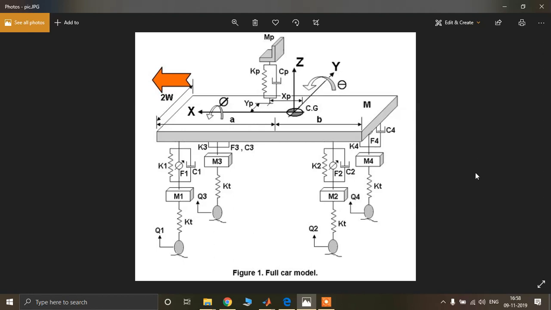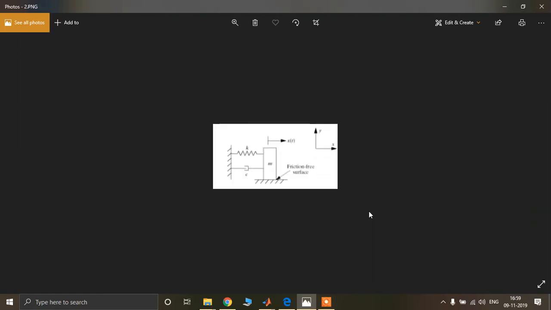So the basic definition of the degree of freedom of a model is the number of different parameters required to define the position of a system or a mass or anything. Like in this case, here you can see there is a mass and there is an x, that is the displacement of this mass. So in this case, x is the only variable, so its degree of freedom is 1. Now this is a very simple and basic case.